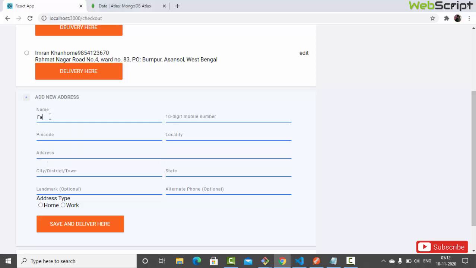So that's the 10 digit mobile number. I'm just typing a random number, so don't try to call. Okay, it should be 10, right? Okay, next we have a pin code, locality, then we have address,